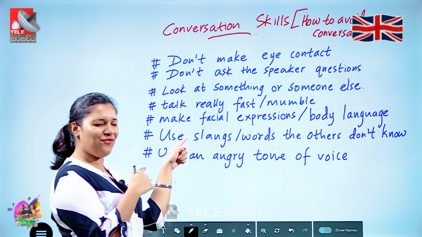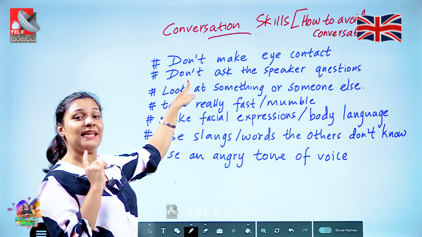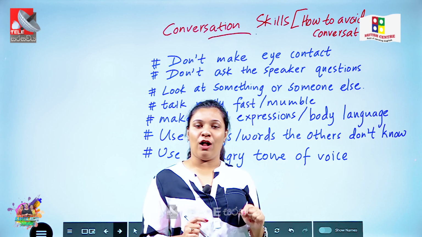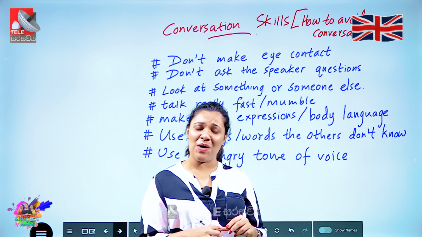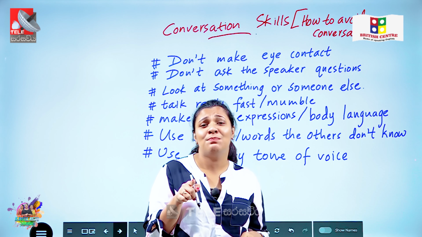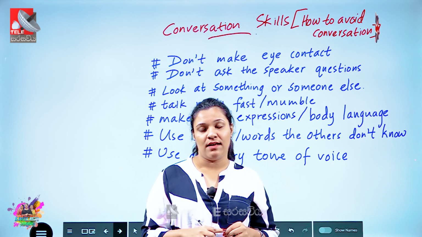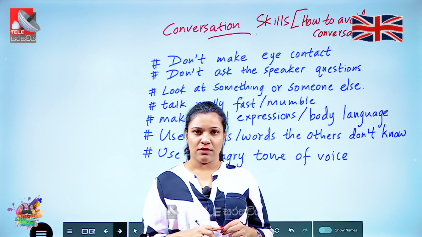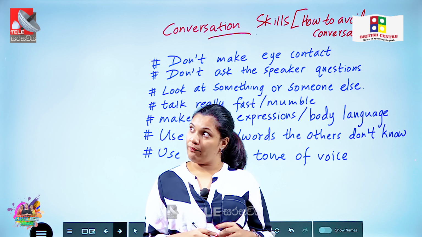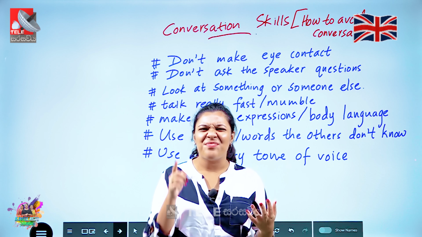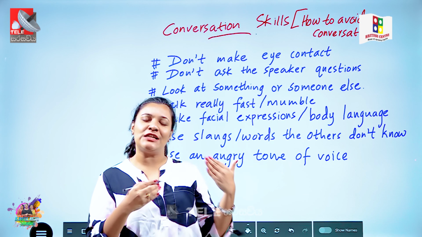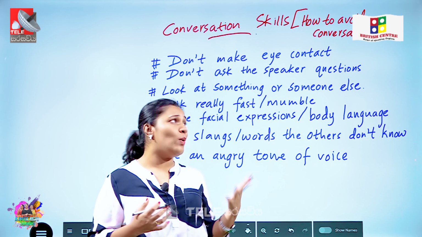Alright, let's get started with the first one. The first one is don't make eye contact. For example, somebody comes and says, hello, how are you? Look at you, how beautiful you are. Hey, where did you buy this blouse, which is so nice? And do not make eye contact. Okay, that is sort of rude, but if you really dislike having that conversation, you can always skip